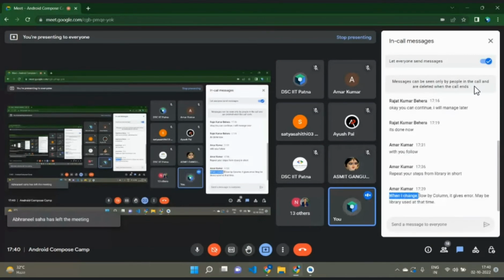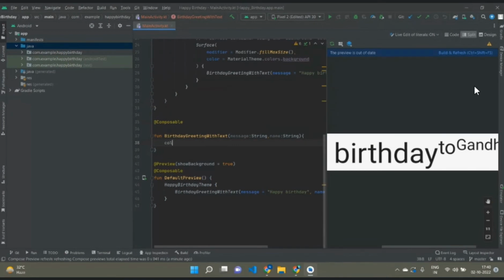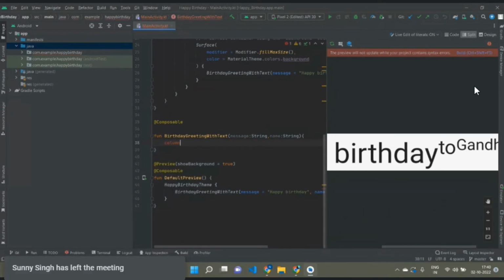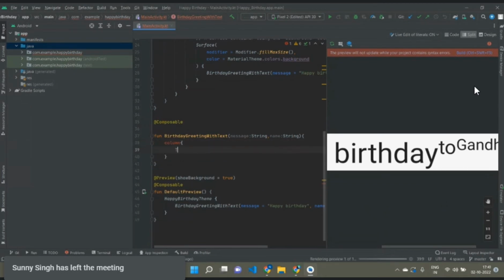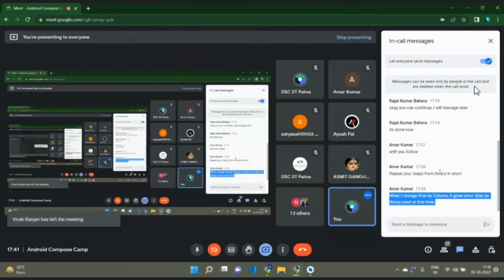Ahmad is asking, when I change row to column, maybe a library is used. Yes, yes. Sometimes for a row and for a column there are different libraries. So if you are changing it to row, you must import row again. Or sometimes if you just change it, a different type of error could occur. So instead of changing a row to column, just type it again directly. It's not a big deal to type this, column, and let's type it again as